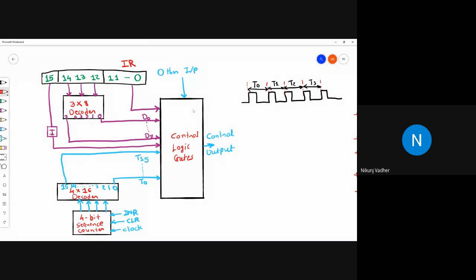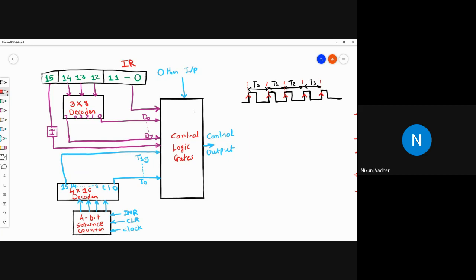It starts with the rising edge. If you can remember rising edge flip flop and falling edge flip flop, latch, okay. So this timing signal will start at this rising edge and it will continue till the next rising edge.